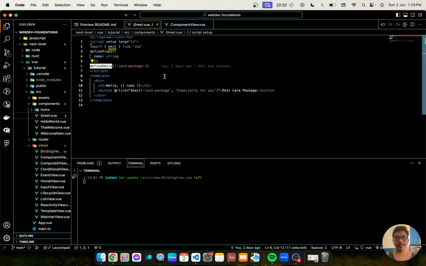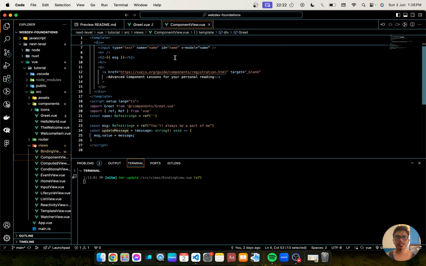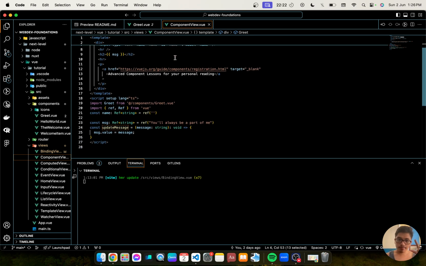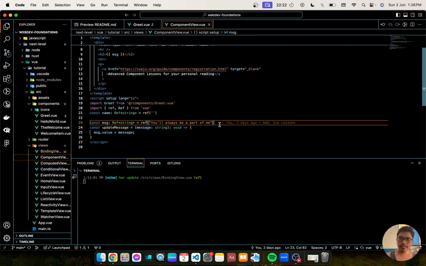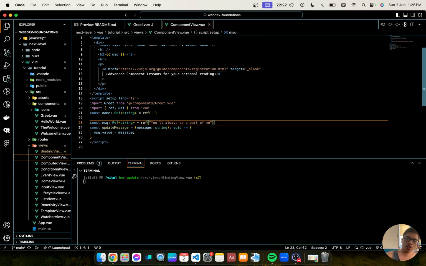Okay? And here, whenever we defineEmits, let's say we emit care package, especially for you. So we emit the event care package. At care package, when the event emits, we can use updateMessage. Okay, this is crucial. Instead of using a regular function for updateMessage, we use a variable to define the function.